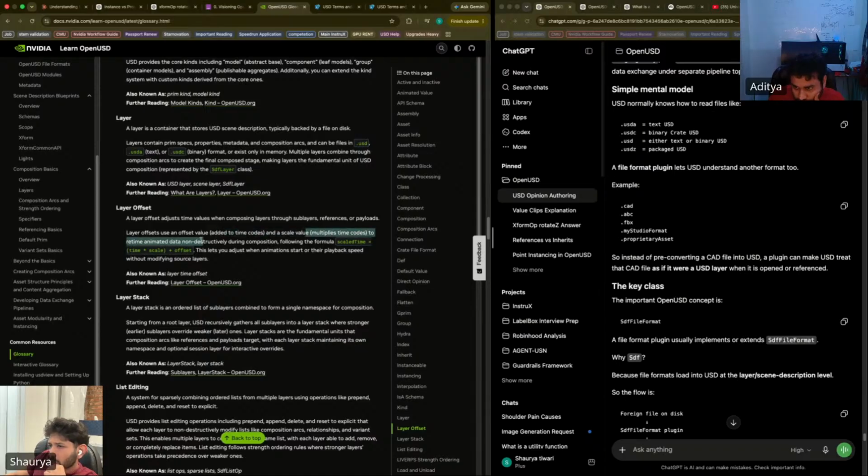It multiplies time codes to retime animated data non-destructively during composition, following the formula: scaled time equals time times scale plus offset. Yes, this is what we read yesterday. Layer time offset. Time times scale plus offset.